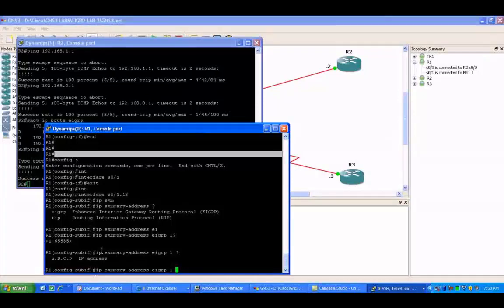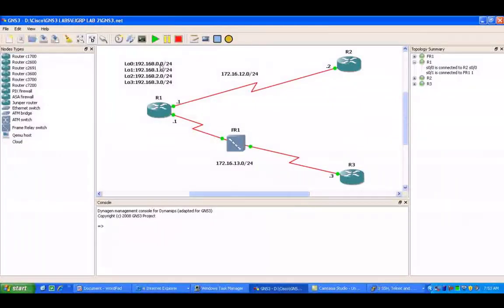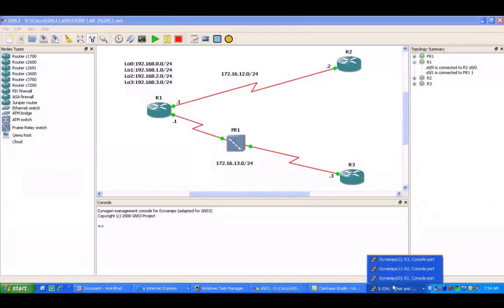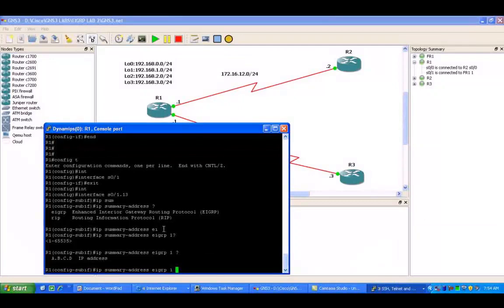Say our task is from router 1 to router 3, they want us to summarize to a /22, and that is for the networks 0 through 3, just like we did to router 2. But in this case, they want us to use a leak map to allow the 3 network to come through and be seen as a /24 on router 3, but none of the other more specific /24 networks to be shown in the routing table. Easy enough. We just learned how to do that